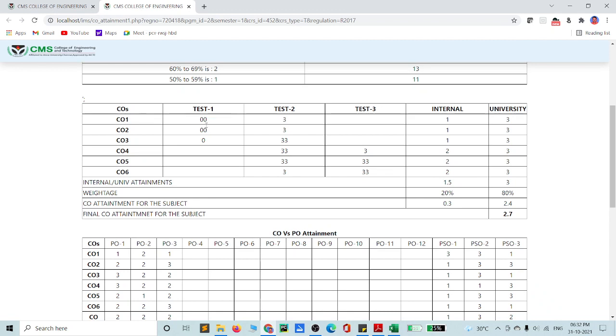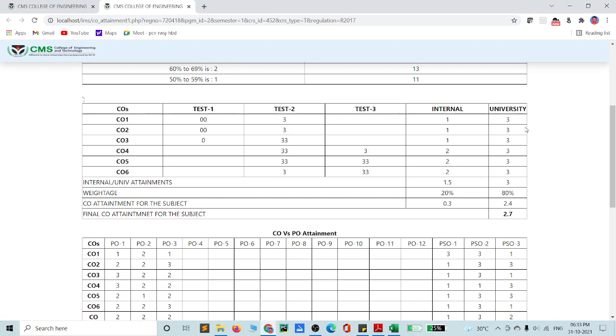See, test 1 is 0 points, and test 2 we are getting an average of 3. Here is one kind of mistake, I think, so I will check it. Okay, so for test 2, we already mapped which test we are asking. Here 6 course outcomes are available. Test 1 we are asking 3 COs. Test 2 we are asking all the COs. Test 3 we are asking only 3 COs.